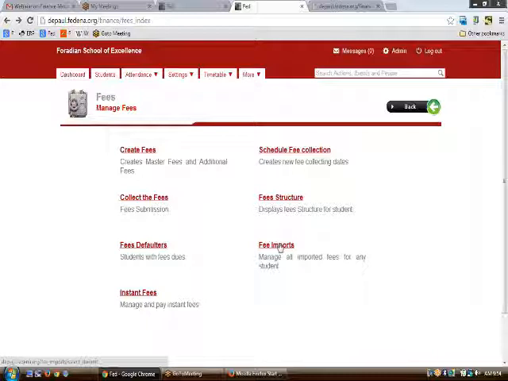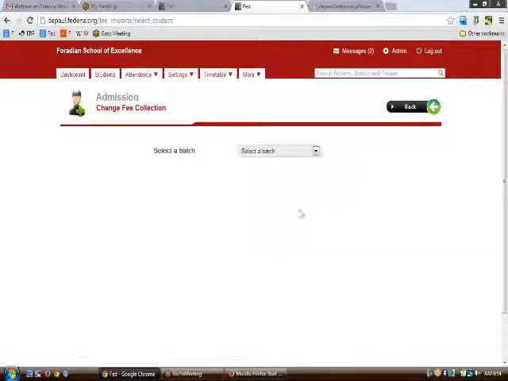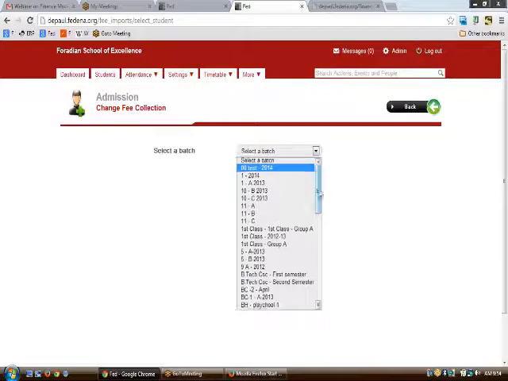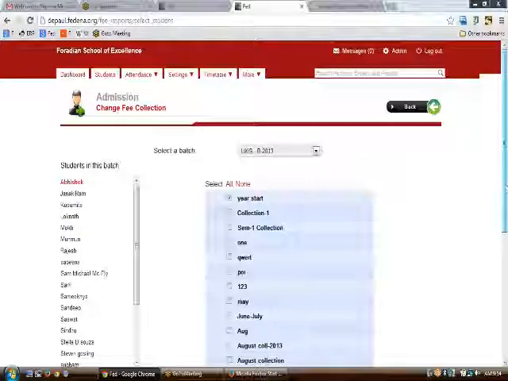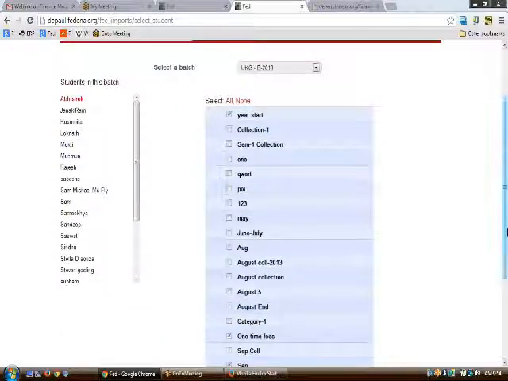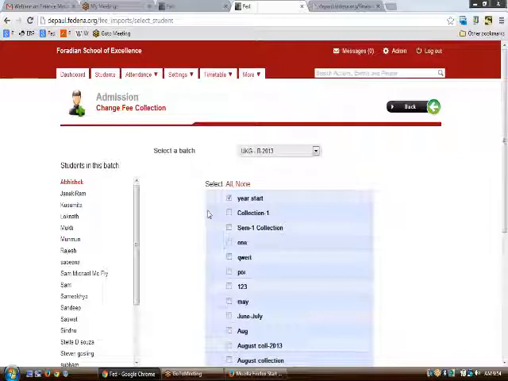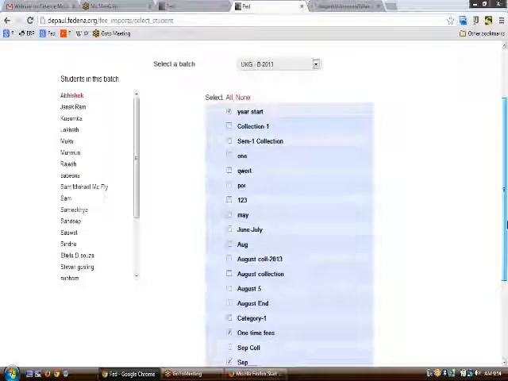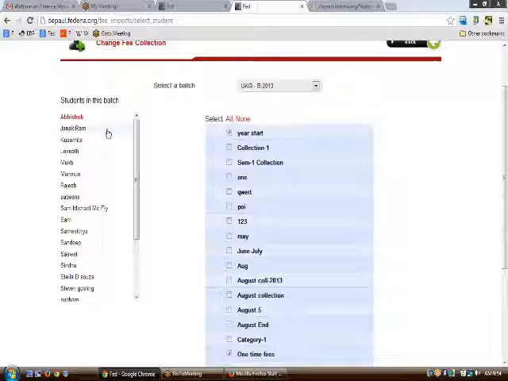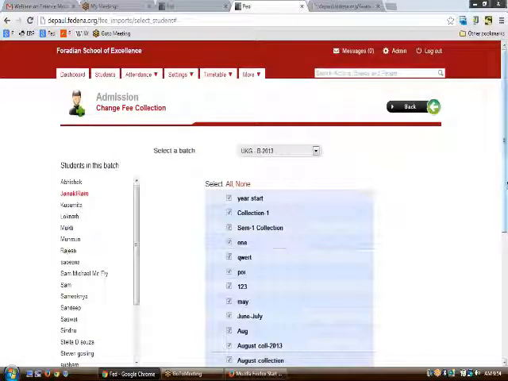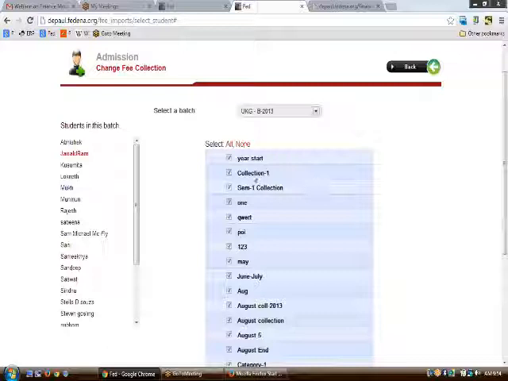Next comes the fee imports. In fee imports, as you can see, you will get a page which looks something like this. Here we are assigning the student which fee collection dates are to be applicable for him. Let us say you have a list of fee collection dates right now, and on clicking against each of the students, I am assigning that all the students have to pay the checked ones.